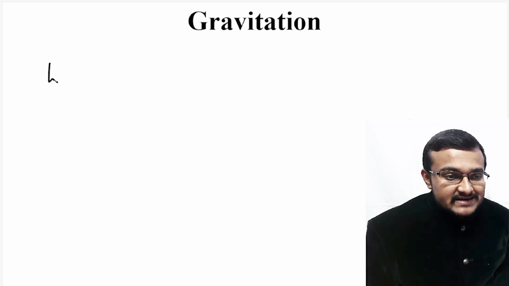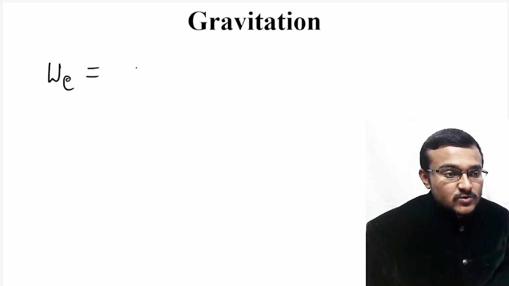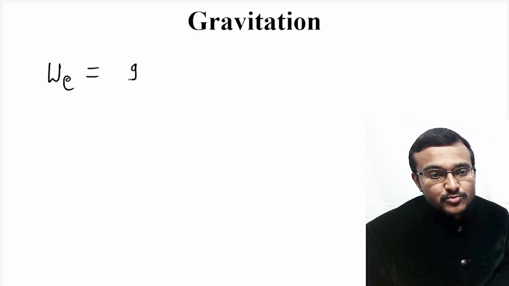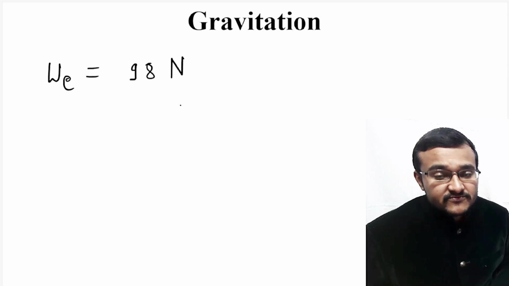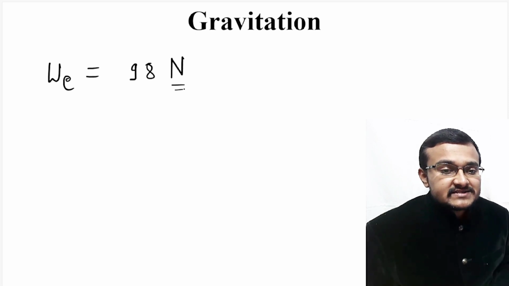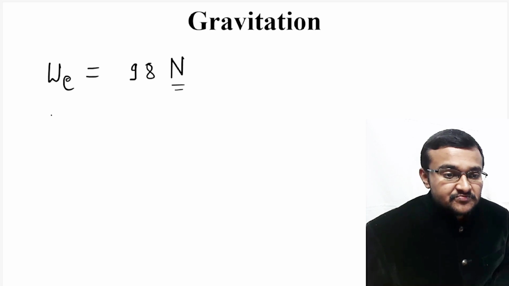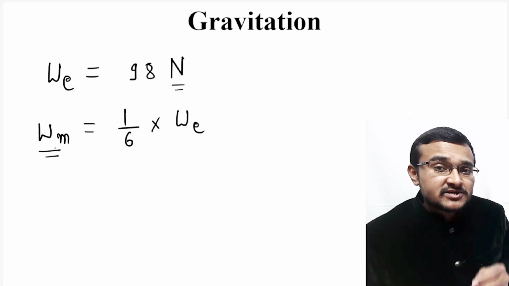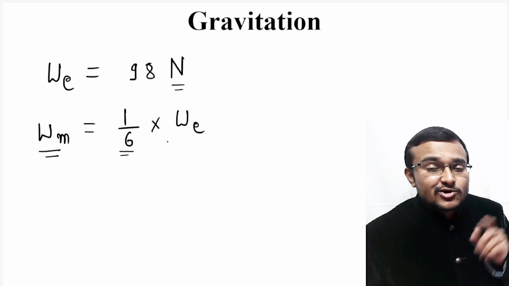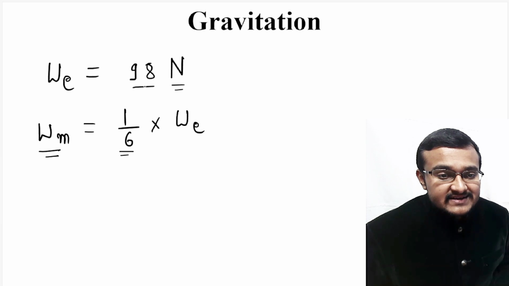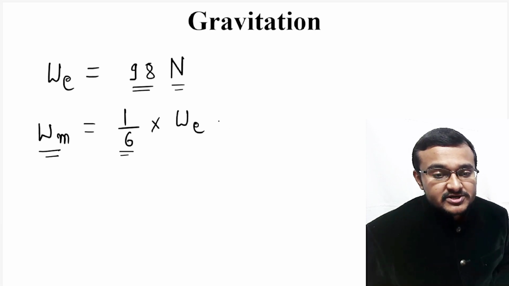Now WE, that is weight on earth surface, is equal to 10 into 9.8, that is 98 kg meter per second square. Or simply, since weight is a force, we can give the SI unit Newton, so capital N. So now to calculate weight of this particular object on moon surface, we have to just multiply 1/6 with the weight of this particular object on earth surface. So we are getting 98 Newton as weight of this particular object on earth surface. So 1/6 into WE is